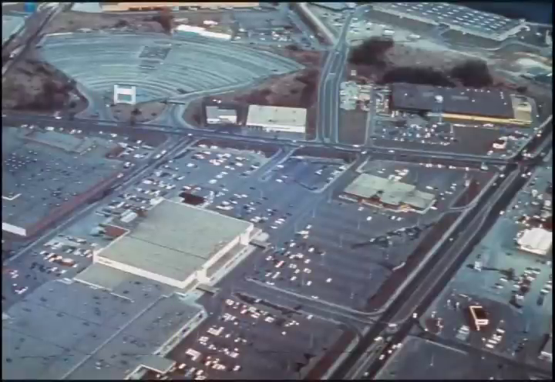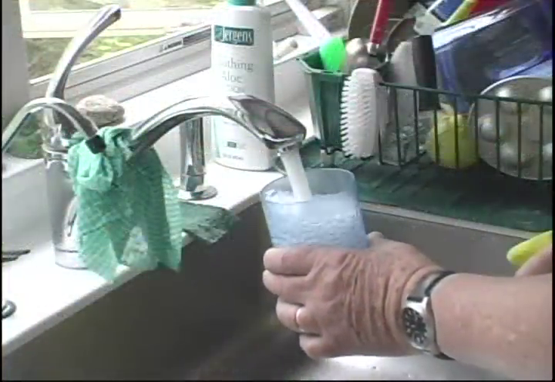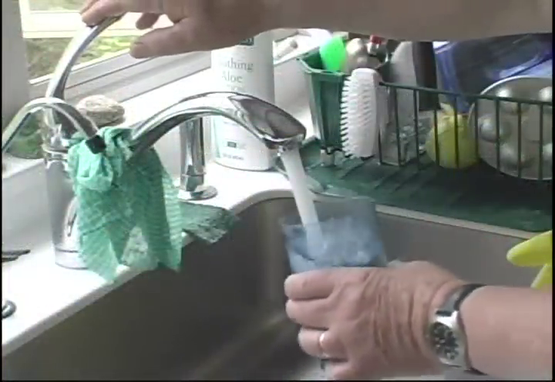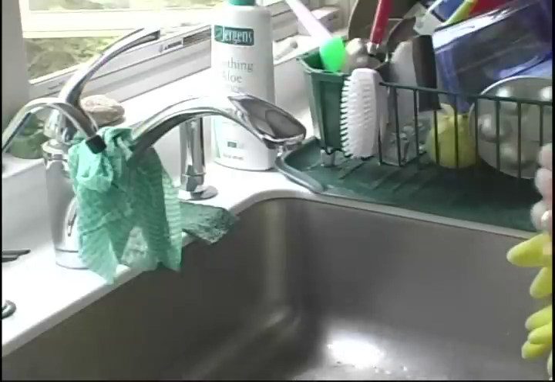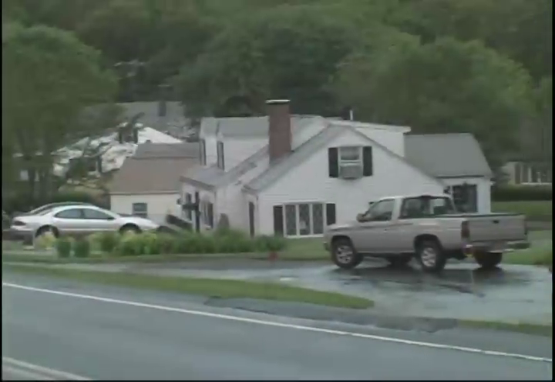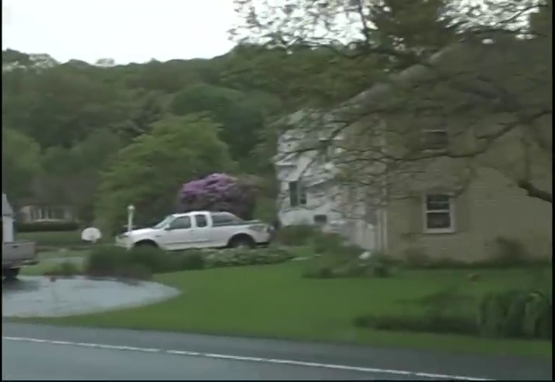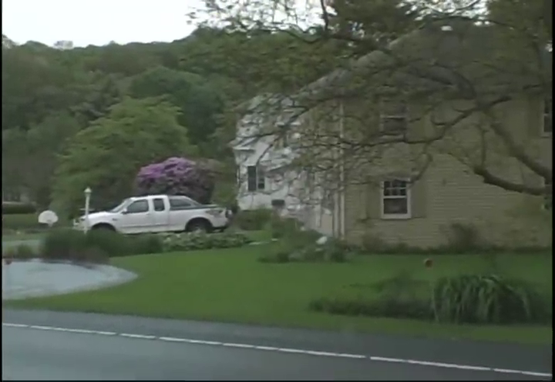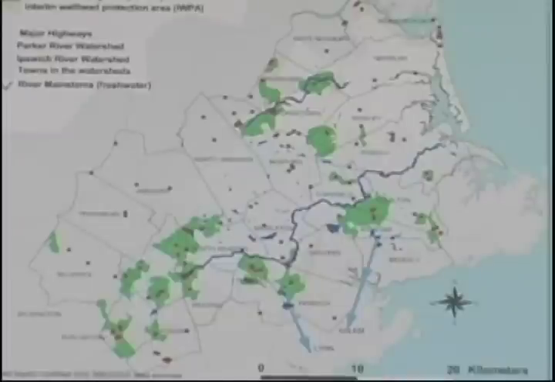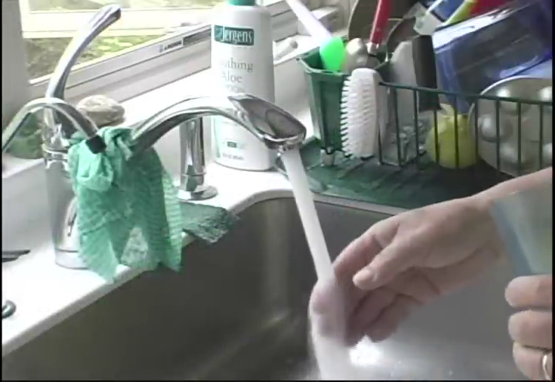With 330,000 people obtaining their water from the Ipswich River, it's easy for homeowners to see themselves as minimal players in the overall health of the river. However, it may be changes at this level that make the greatest impact on the river, especially when implemented across the entire watershed. A good place to begin with water conservation is right in your own home.